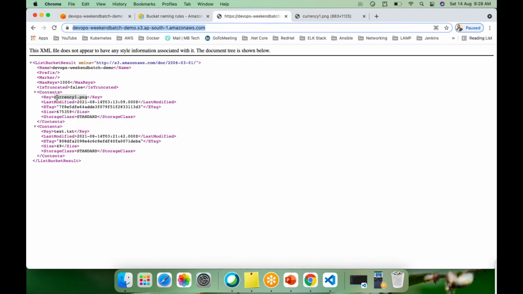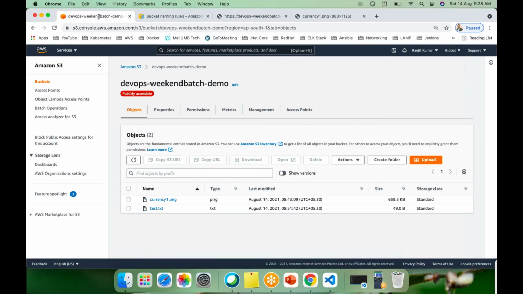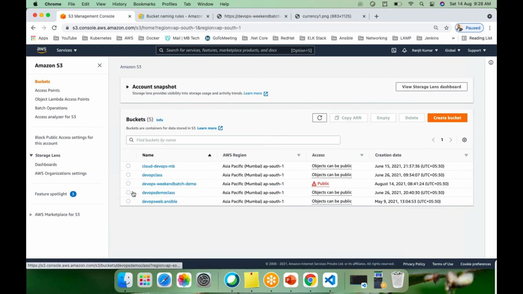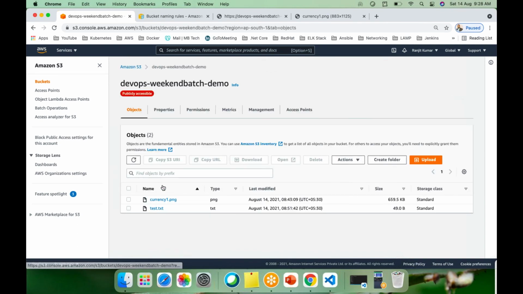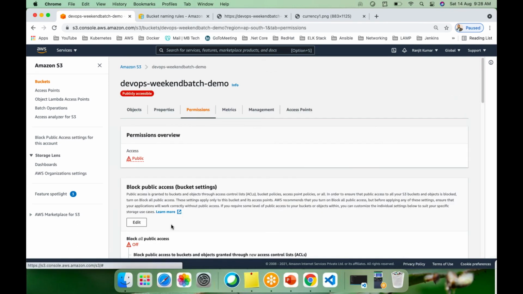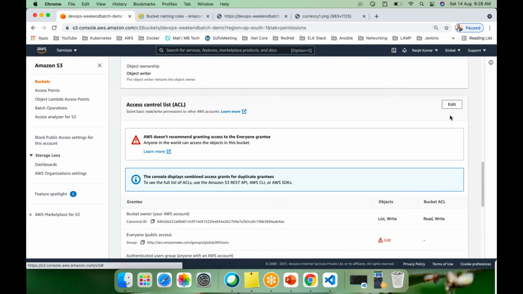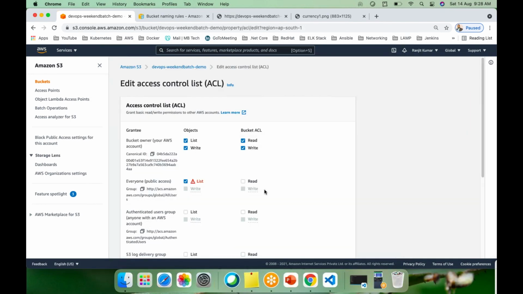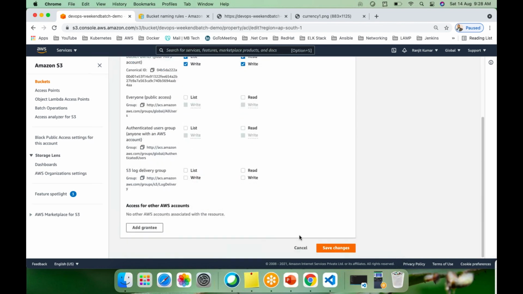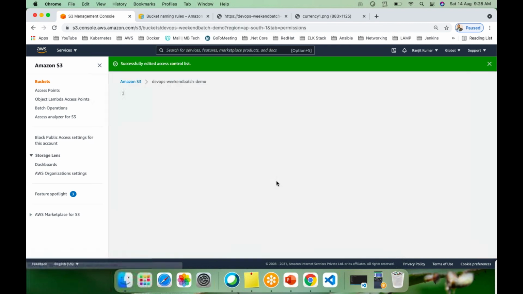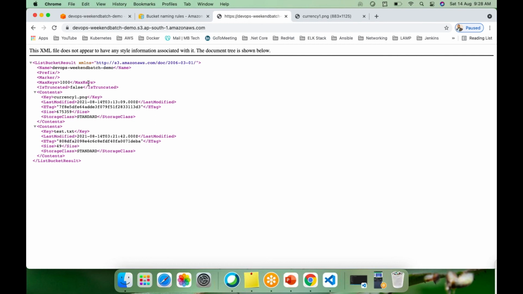That is why the security breach happens. Suppose I remove this one and hit it here. See, now you can find what files are in the bucket, because I made it entirely public. Now if some hackers want to see what files are there in the bucket,